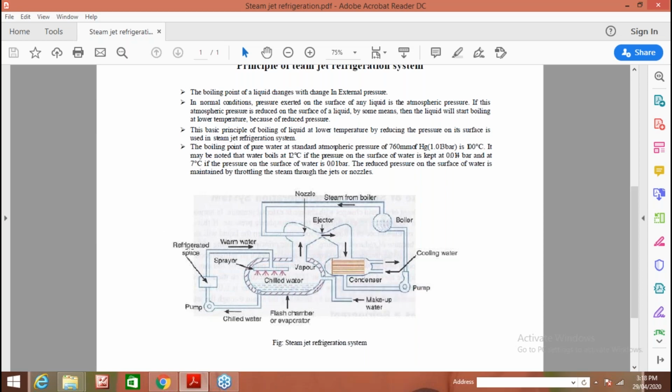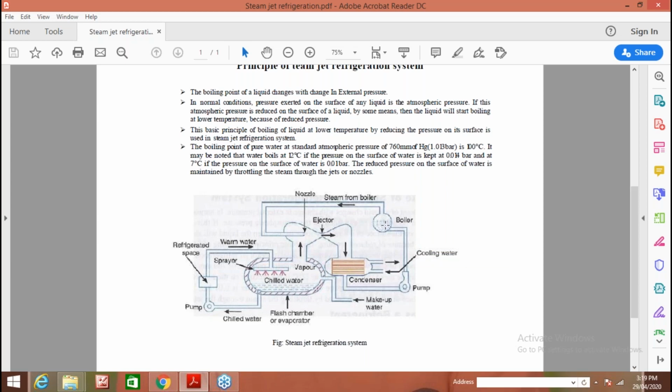इधर से जो warm water आ रहा है, वो जब water पे spray किया जाएगा, तो कुछ इस water की heat लेके उसका कुछ water evaporate हो जाएगा. So इसकी heat लेने से ये water cool हो जाएगा. Clear? So ये chilled और cool water goes for further process. और ये जो water vapor यहाँ पर form हो रही है, स्टीम जेट का function क्या है? ये इस water vapor को extract करता है by decreasing the pressure here. So ये water vapor और steam jet यहाँ से ejector के through बाहर जाएंगे condenser में.